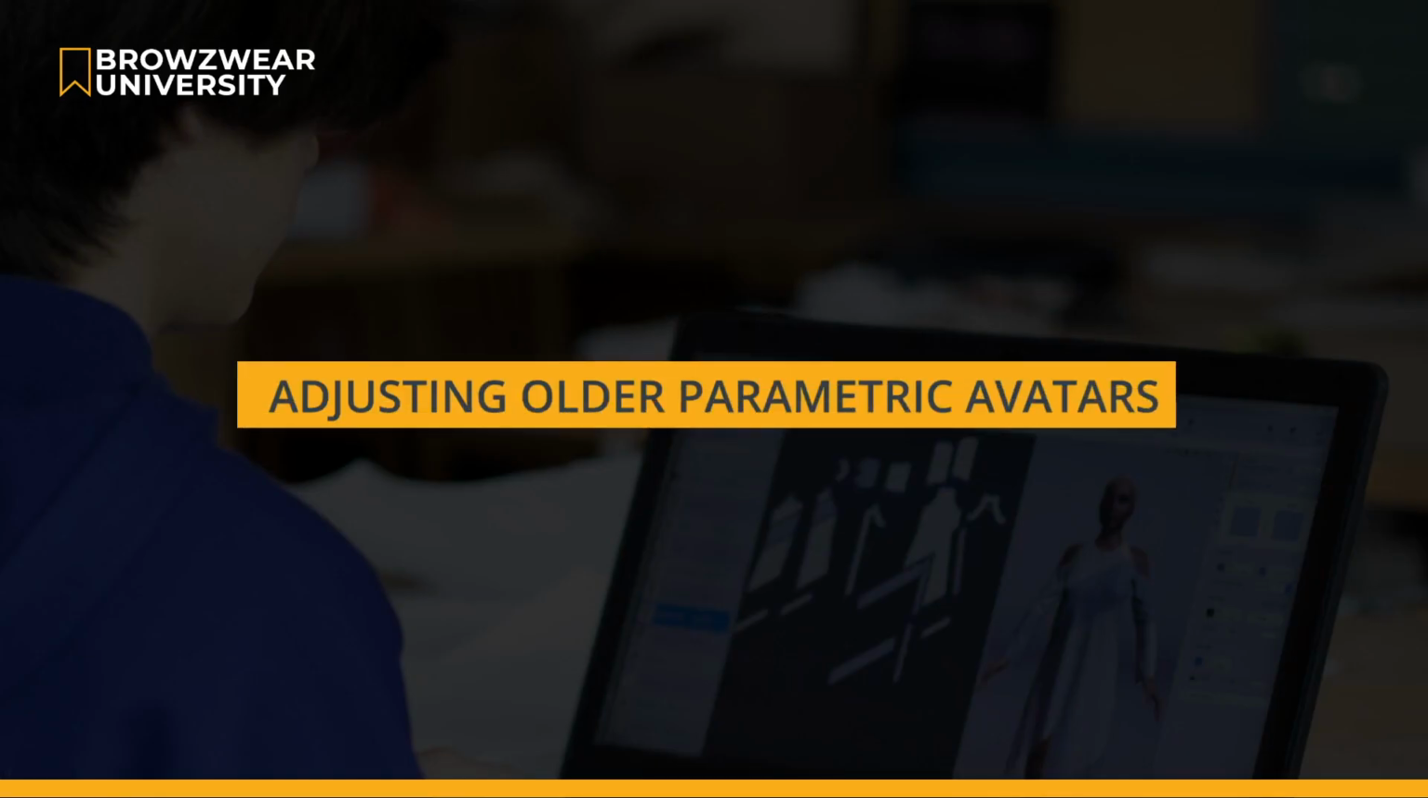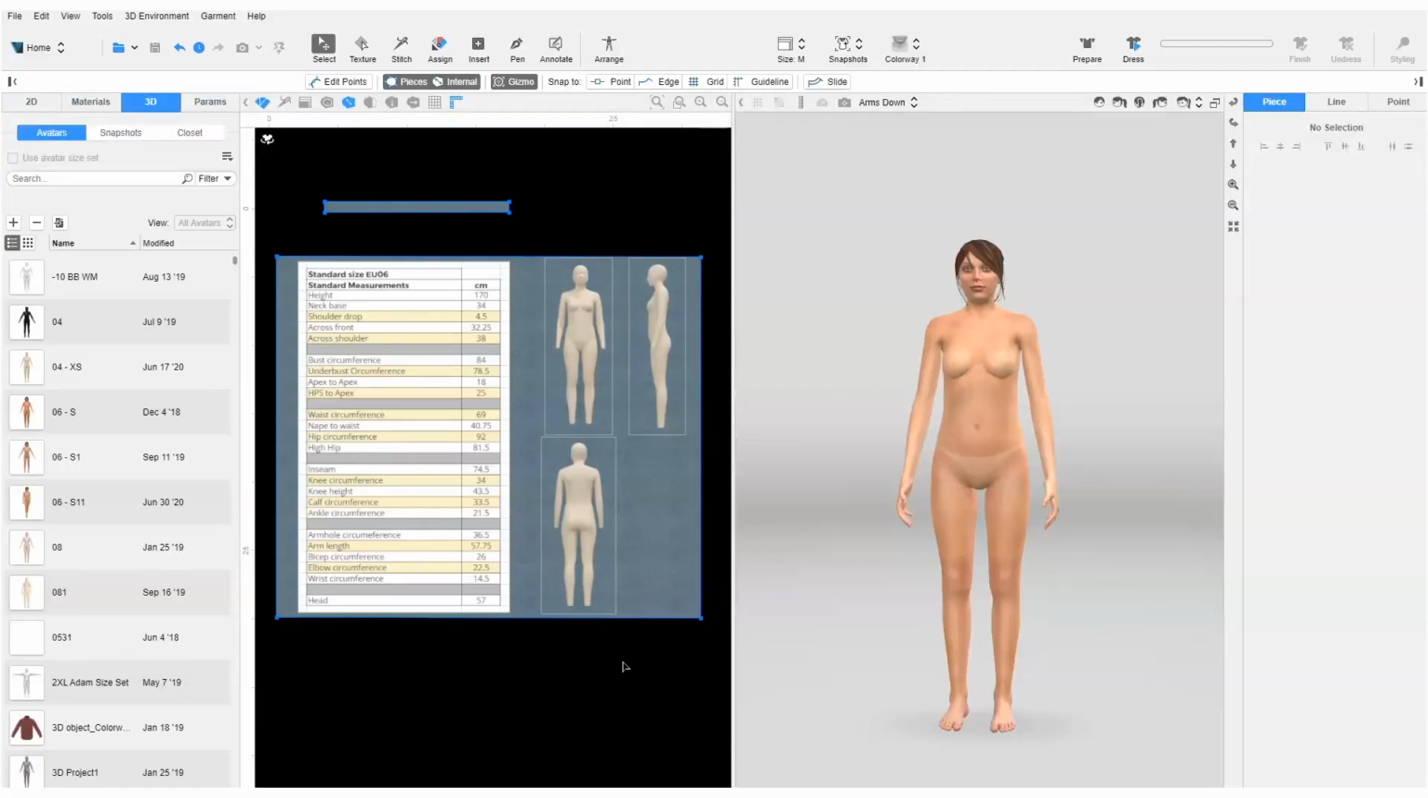In the previous lesson, we covered some of the best practices in editing parametric avatars. In this lesson, we show the best practices in adjusting older parametric avatars, like Deborah and Adam. We highly recommend using newer avatars like Olivia or Oliver. However, if there is a need to use the older avatars, where the sliders are different, the following points should